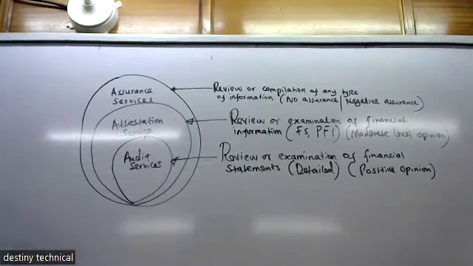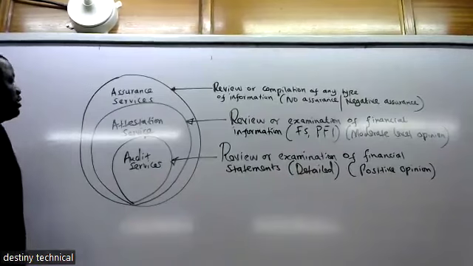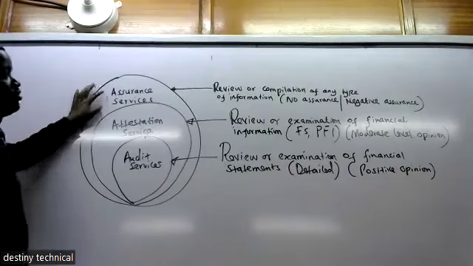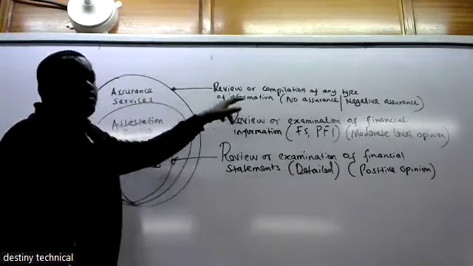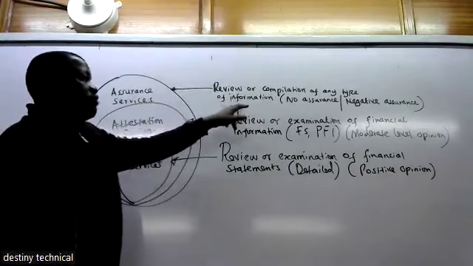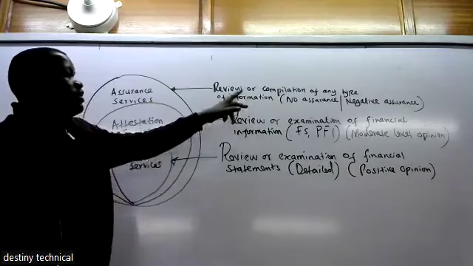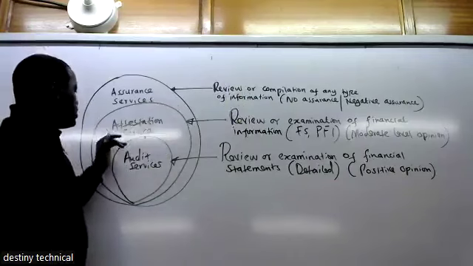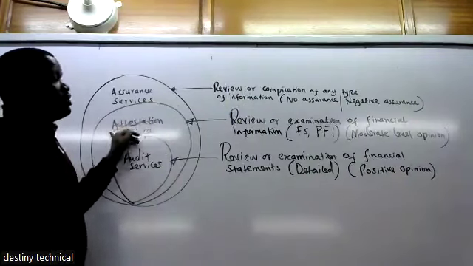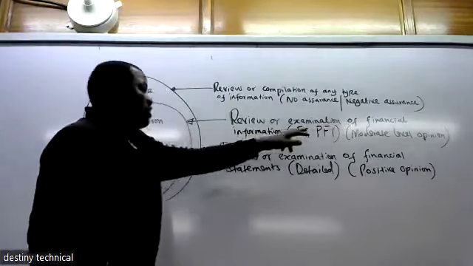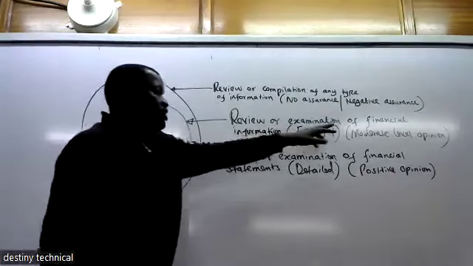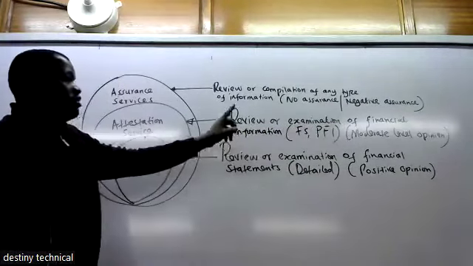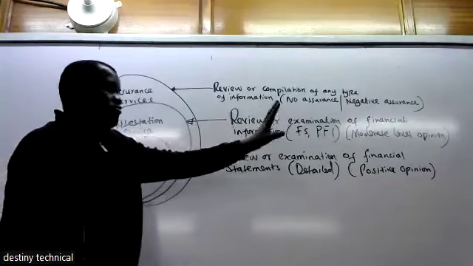Now you can be asked to explain what assurance services are. The keywords are, even though we're doing a review or compilation, it is on any type of information. It can be financial or non-financial information. The assurance expressed is a negative assurance. Then attestation services is doing a review or examination on financial information, not any type of information, just financial information, like a financial forecast or prospective financial information. The level of the opinion is normally moderate.